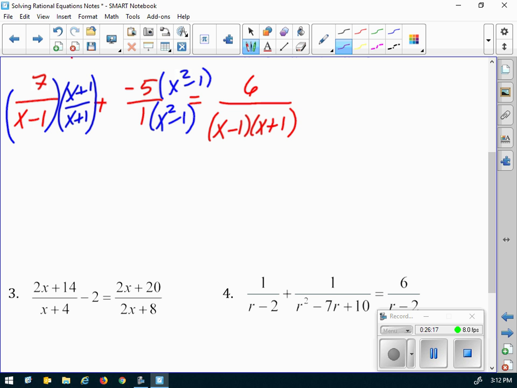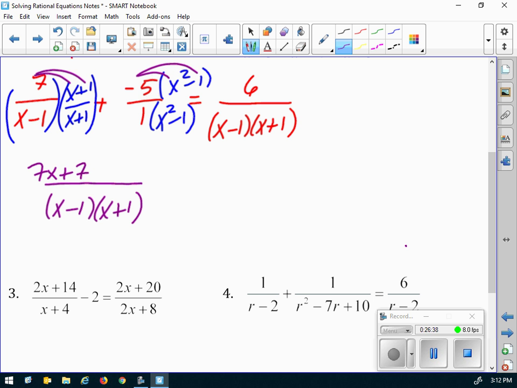So on the left, what I have is x minus 1 times x plus 1. Now let's talk about the numerator. 7x plus 7 plus equals